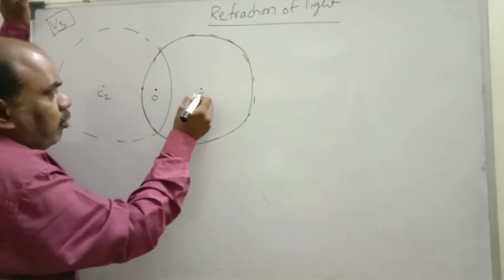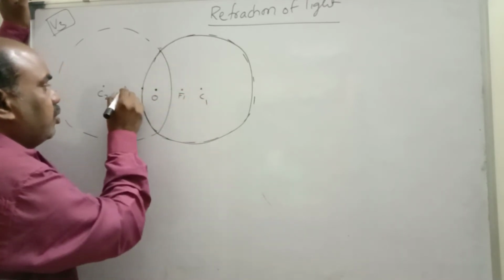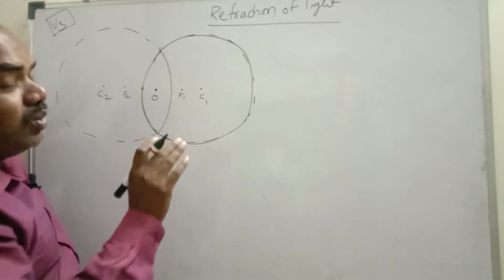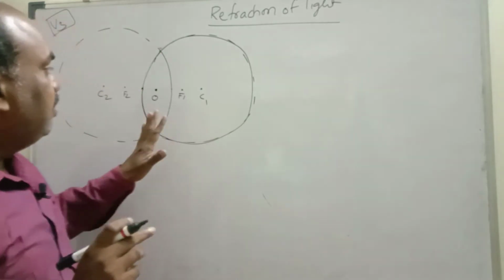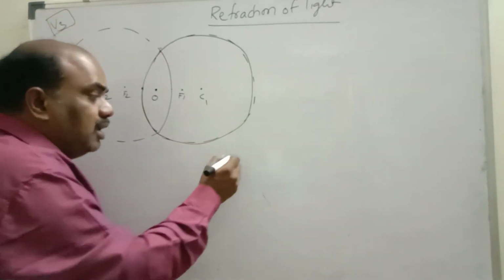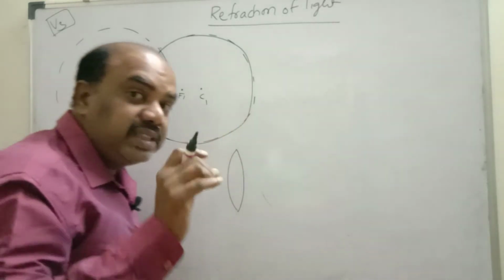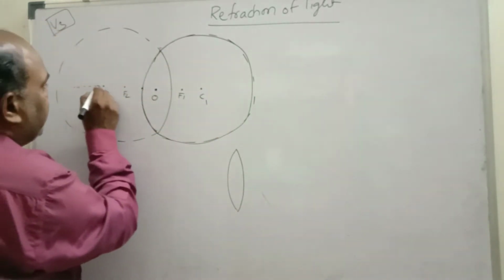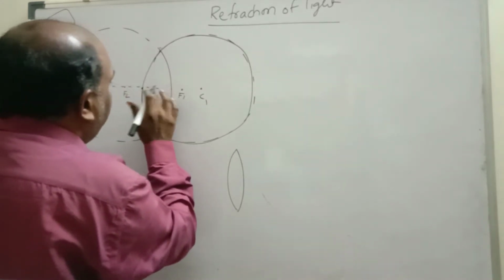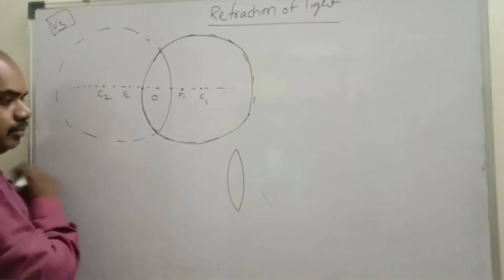Now, in between the optic center and the center of curvature, here the focus lies, F1. This is where focus F2 lies. This is only for a uniconvex lens, children. Uniconvex lens means both curved surfaces are extracted from spheres of the same size. Imagine a line passing through all these points. This is called the principal axis.